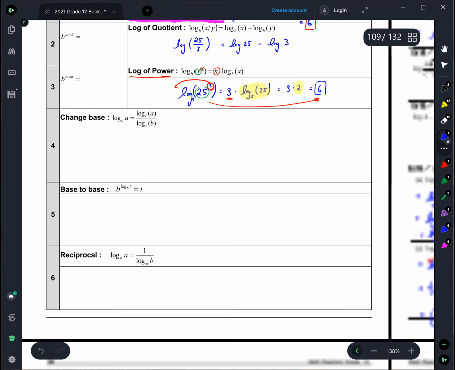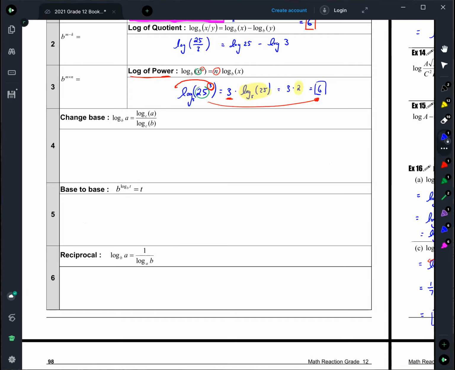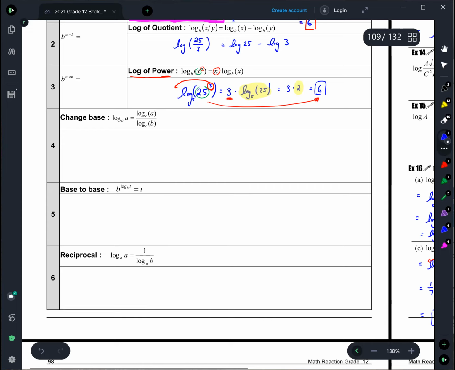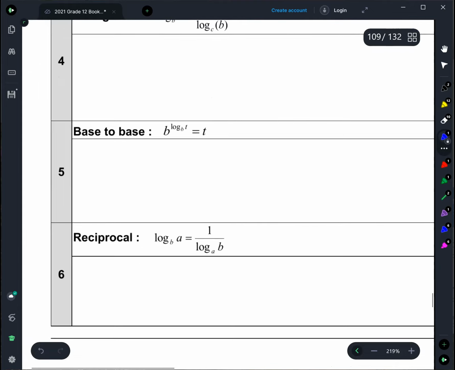Here we're gonna look at law number what? Which one looks like the question? Anybody? 4, 5, 6, which one of the 4, 5, 6 looks like the question we were doing? Do you recognize? Yeah, Daniel, which one? Number 5. Yes, very good. Okay, so number 5, if you look at 5,